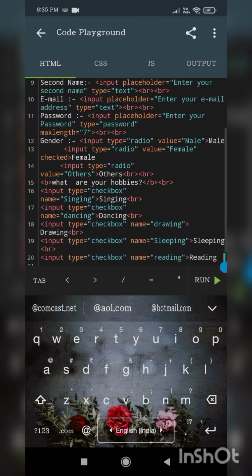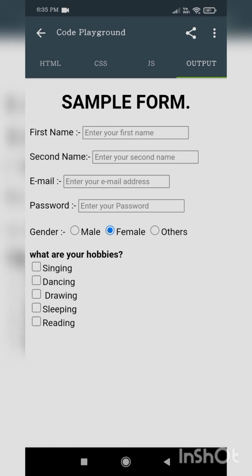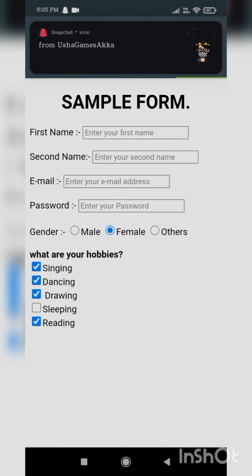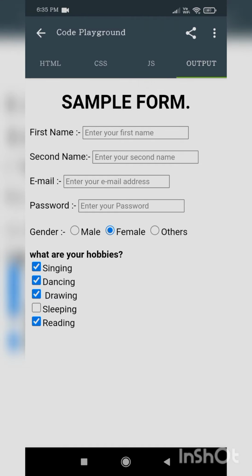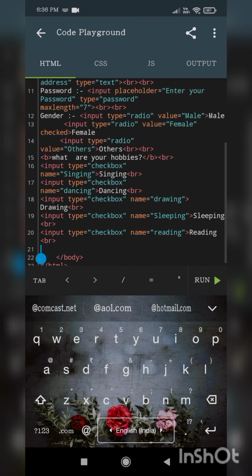So see friends, here you got singing, dancing, drawing, sleeping, reading. If you don't want to keep anything, you can click on that. So these were my hobbies, so I have chosen them. After completion of hobbies and the whole form, you will have such as send and reset, or send and share, like that.